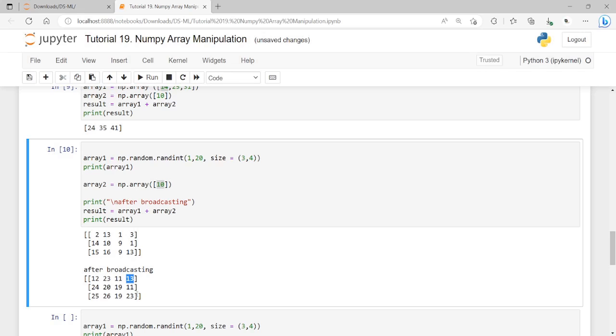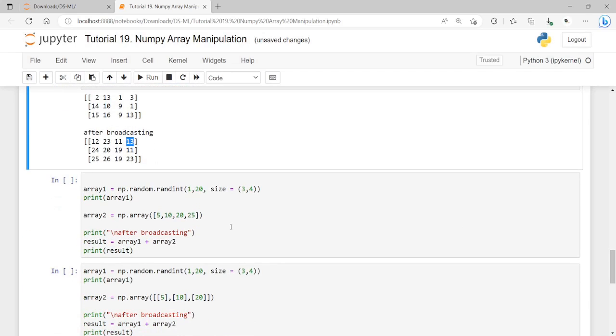And see here, dear friends, let me have some more examples. Here the first array is two-dimensional with 3 rows and 4 columns. Next we have the second array, kindly observe. It is a one-dimensional array with 4 columns, that is one row with 4 columns. On adding this, kindly observe, the first array is of 3 into 4,